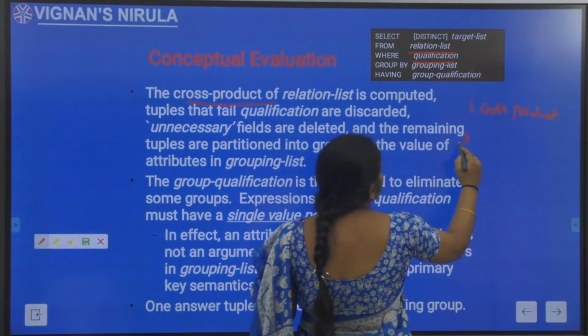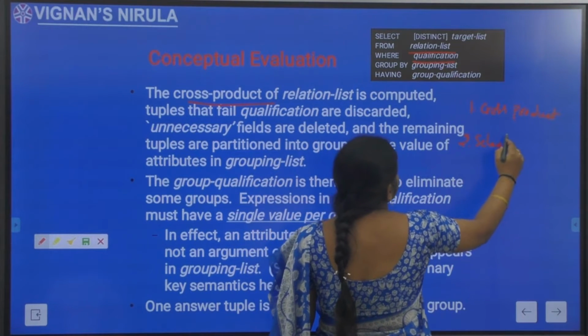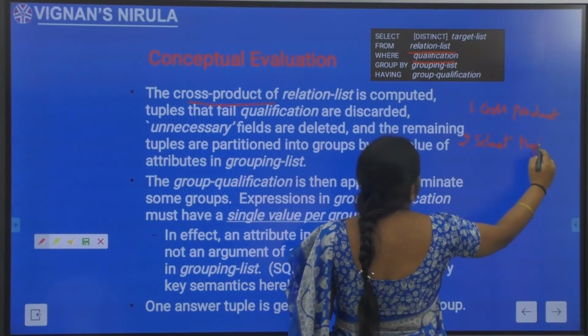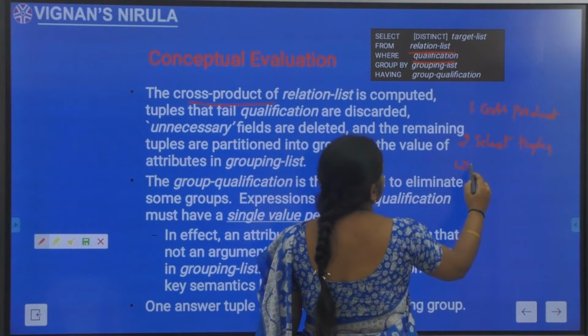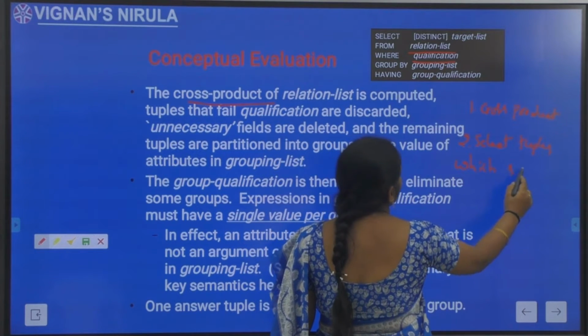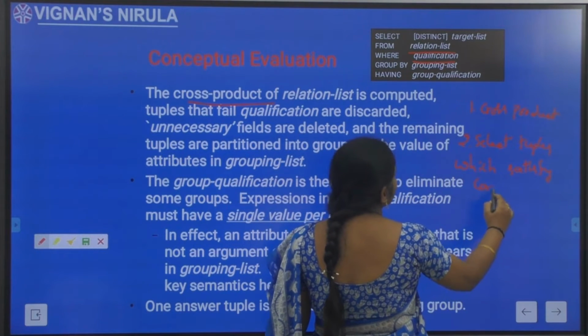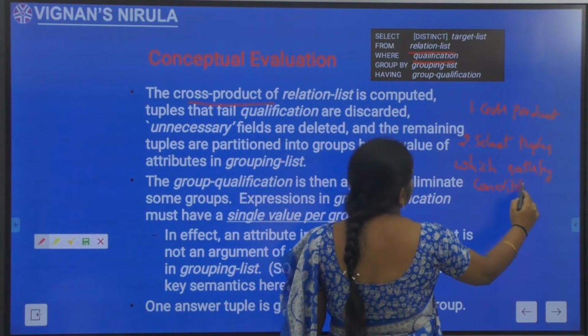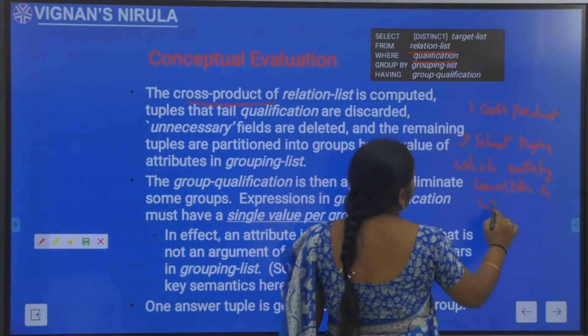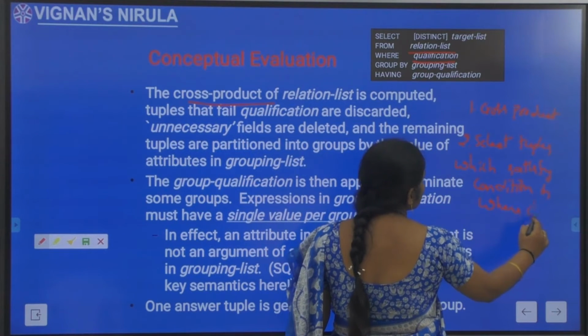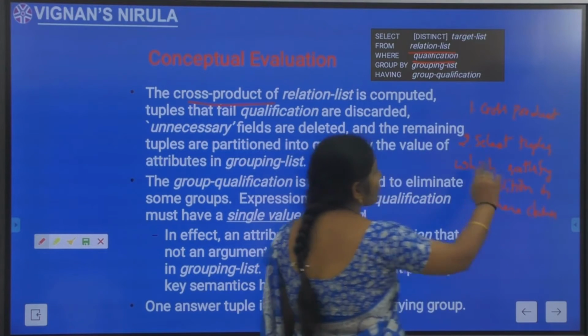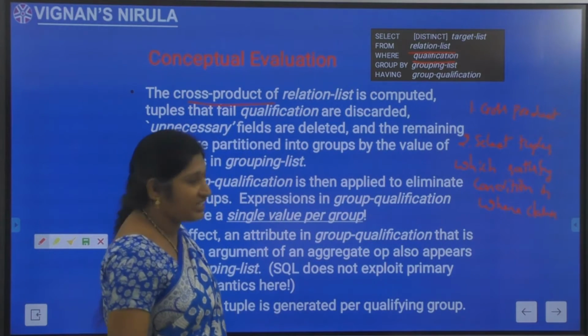The second step is you need to select tuples which satisfy the condition in the where clause, or you need to disqualify the tuples that don't satisfy the condition in the where clause. You can specify it in any way.